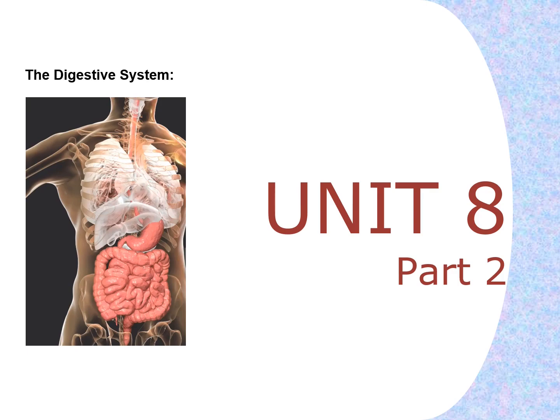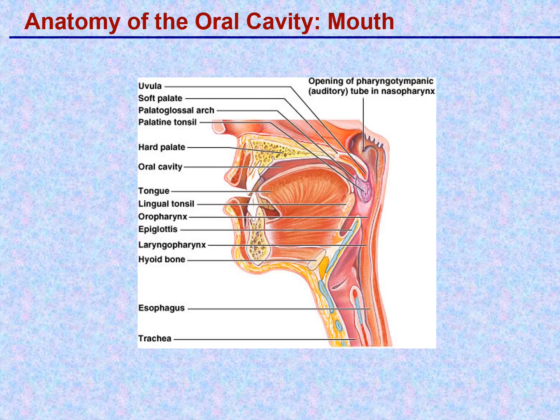digestive tract. This is a diagram showing a mid-sagittal section through the head and neck, the anterior part of the head and neck, and it shows the oral cavity with the tongue inside, and the roof of the oral cavity is made up of the hard palate and the soft palate. The hard palate has the bony part, that's why it's hard, and the soft palate does not have bone. We'll go through this in more detail on later slides. So let's start in on